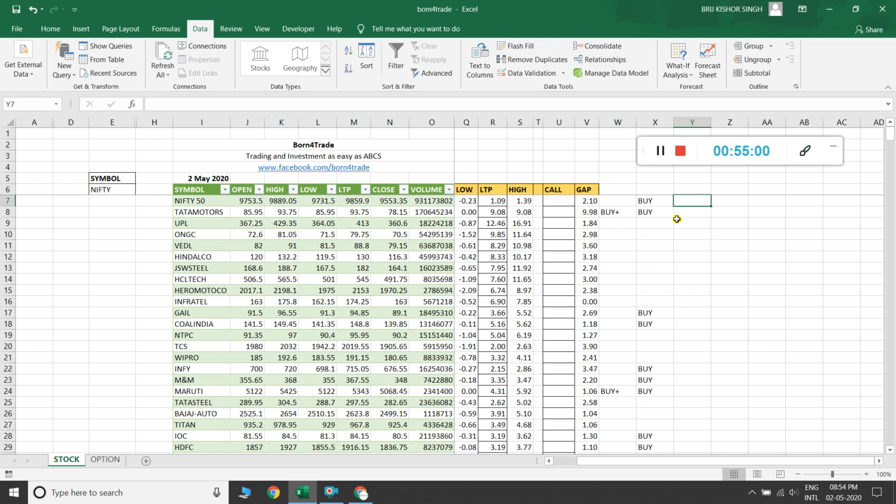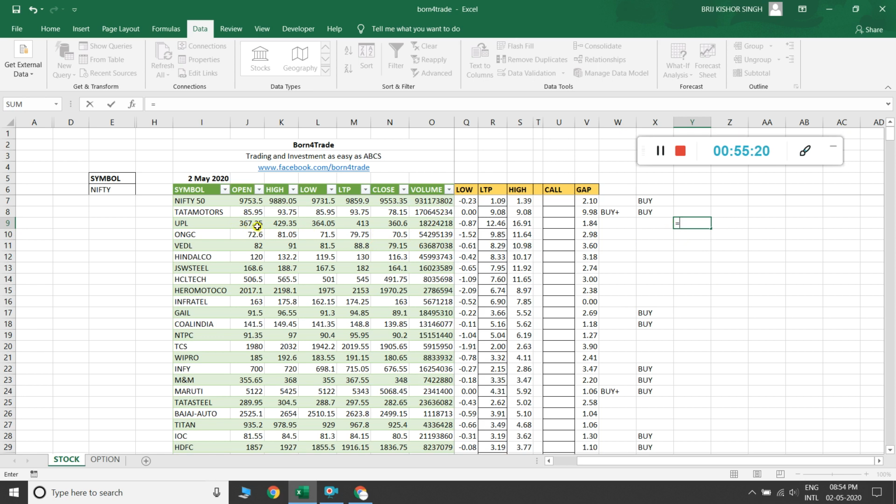This UPL, and make some sense about just making a B plus signal. Okay, then I put a plus sign or is equal to, to generate a B plus signal.